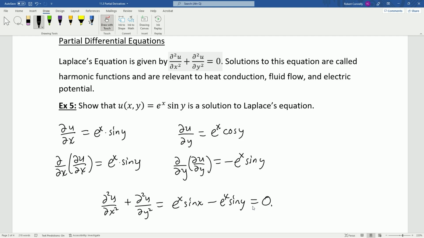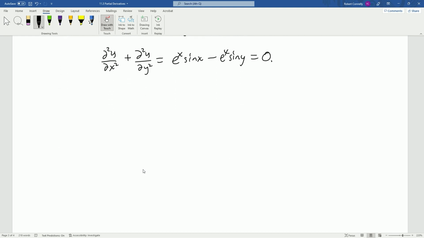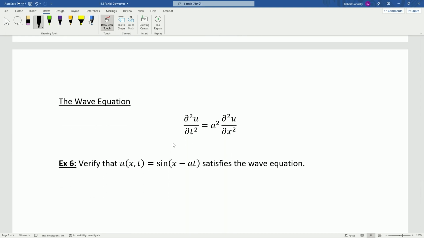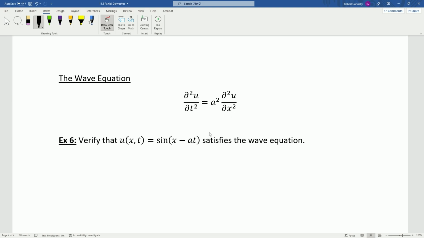All right. Now let's take a look at one more example here. So this is called the wave equation. This is a partial differential equation that describes the expected behavior of waves. Here, a is some sort of constant that modulates the impact of time, like how fast a wave is moving, essentially. And so what this equation should represent is the height of a point on the wave,